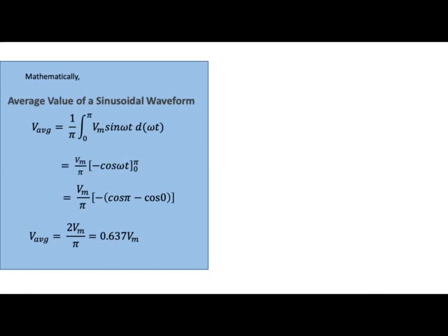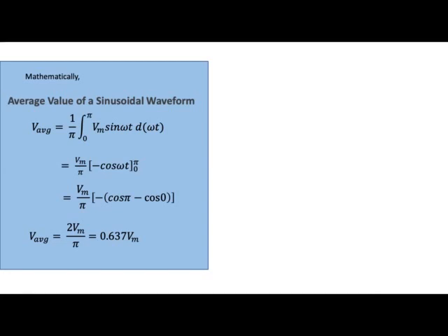So for a sine waveform or a cosine waveform, or for any wave which has got equal positive and negative values, there we take the average value of only the half cycle and calculate it. Therefore, the equation for the average value becomes 1 by pi integration from 0 to pi Vm sine omega t d omega t. We are integrating with respect to omega t, that is theta, and therefore the period for the half cycle will be 0 to pi. Integrate it, put the values, and finally you will get the average value as 2 Vm by pi,